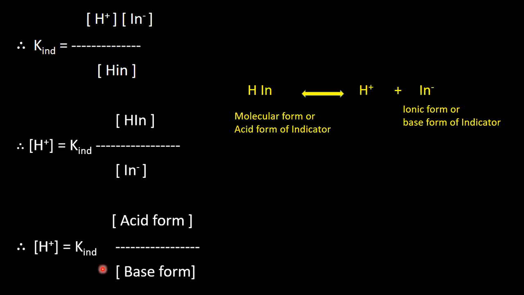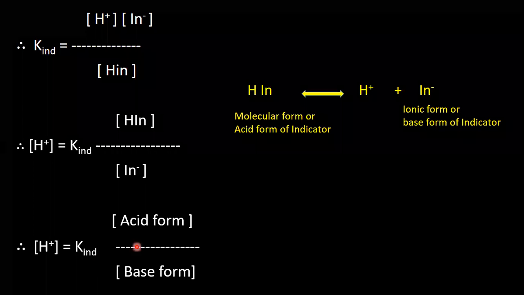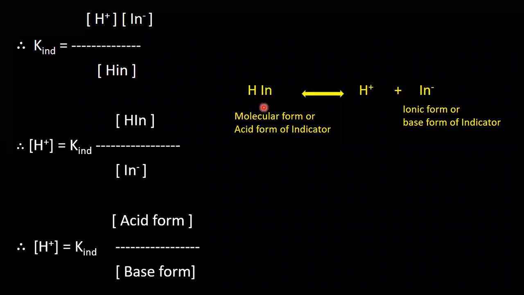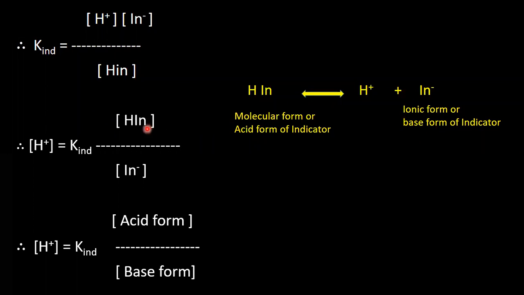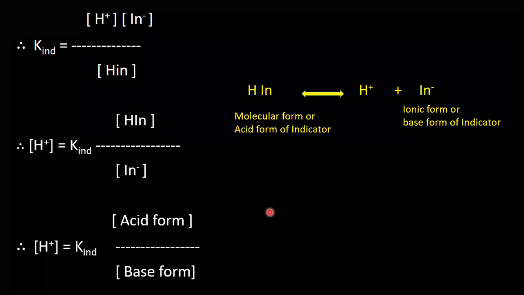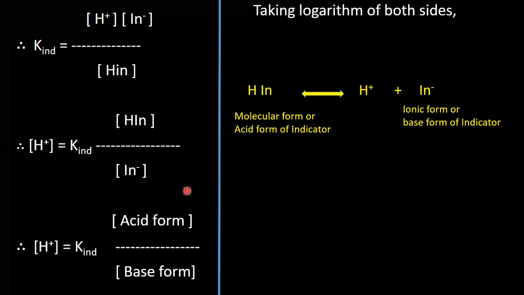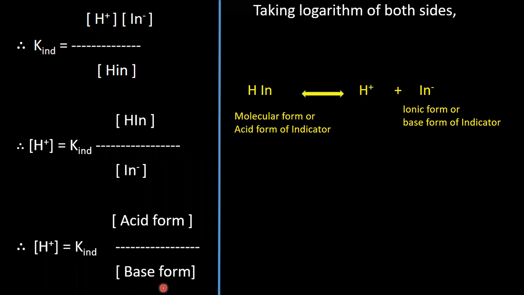हे कशावरून मी घेतलं, जसं आपण जे मगाशी रिएक्शन बघितली. This is the molecular form of the indicator and this is the ionic form or the base form of the indicator. So HIn is the acid form. This is the molecular form or acid form. I can write here the molecular form of the indicator and here the ionic form of the indicator. Now taking logarithm of both sides, ही जी रिॲक्शन दिली ह्याचा आपण लॉगॅरिथम घेऊयात. मग आपल्याला काय मिळेल,